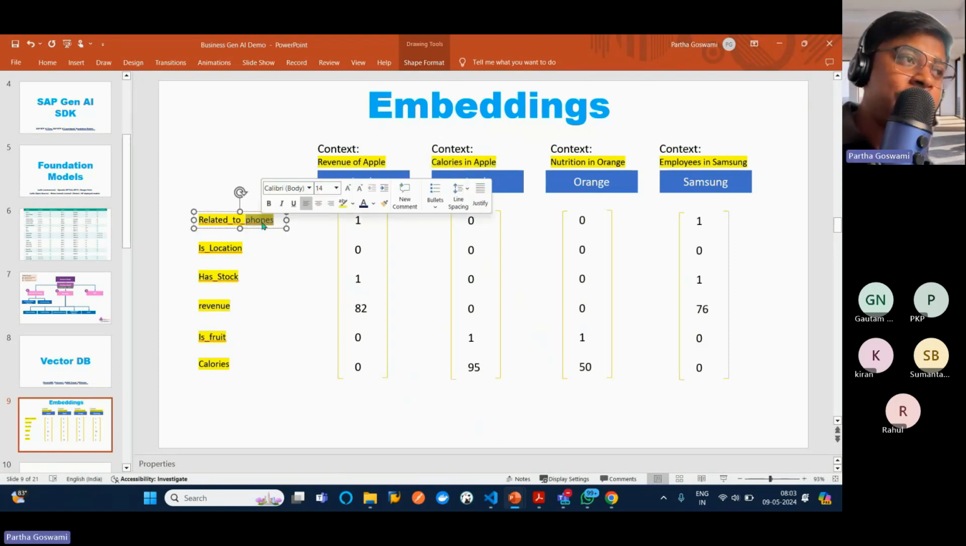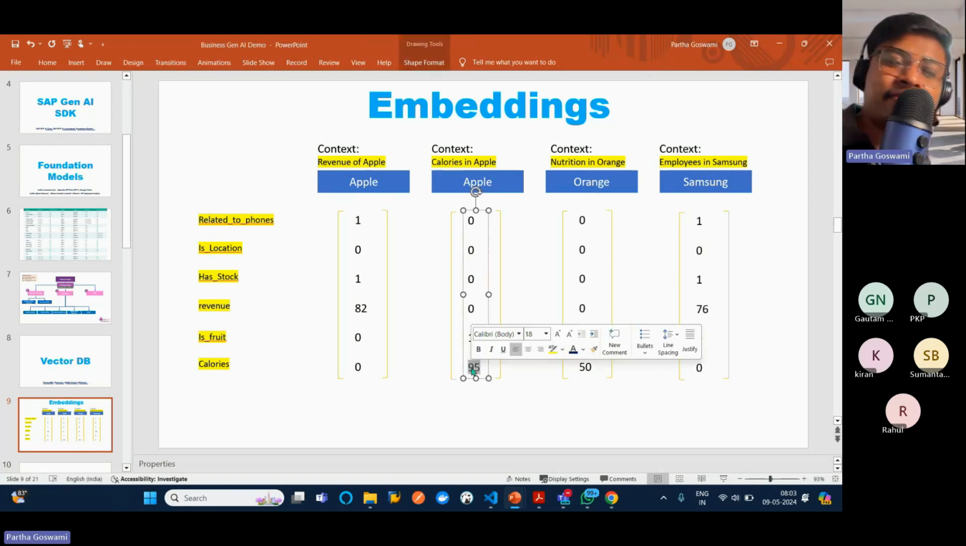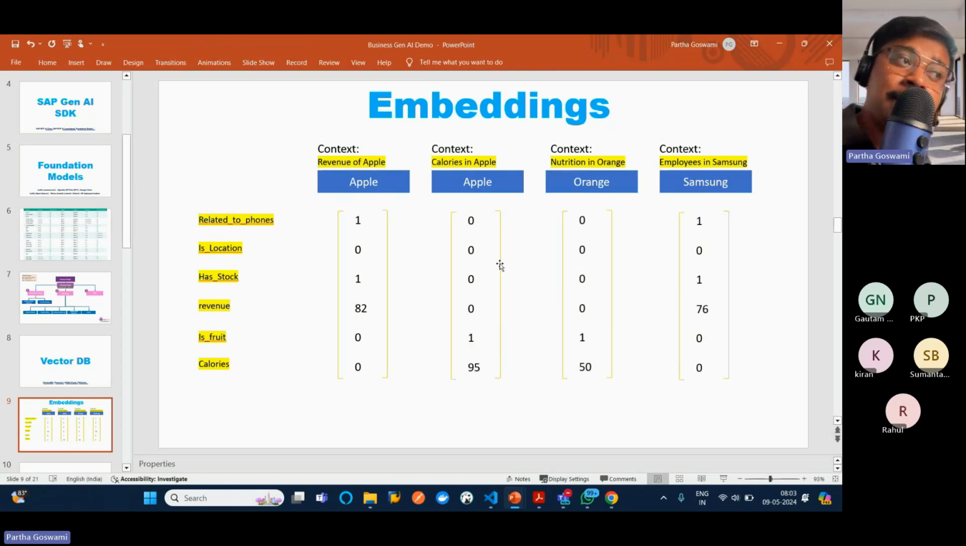So revenue of Apple, and you can see the revenue of Apple and employees in Samsung are almost the same. It is related with phone, yes, one. Location, no. Has stock, yes. Revenue, yes, some number, 82 and 76. Is fruit, no, 0. And calories, no, 0. But you can see calories in Apple and nutrition in orange are also almost similar. Although the calories are different, both are fruit, but none of those are related with phones